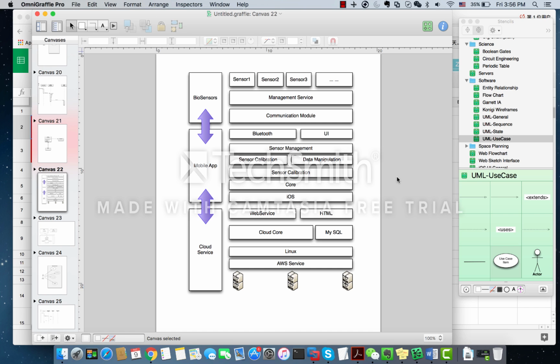We deployed the service on a Linux operating system, and we use Java to build the cloud core business logic, and we use MySQL to store our data. We build a web service to communicate with the mobile application, so we can get the data from the mobile application and push the response to the mobile application. And then after all of that, we build an HTML page, which is